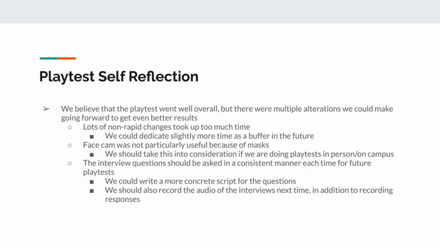So we believe that the playtest went well overall, but there were a few changes we could make going forward to get even better results in any games we make. The non-rapid changes we tried to do took up a lot more time than we expected. So in the future, we could maybe have a kind of buffer to make any changes that we're not expecting,